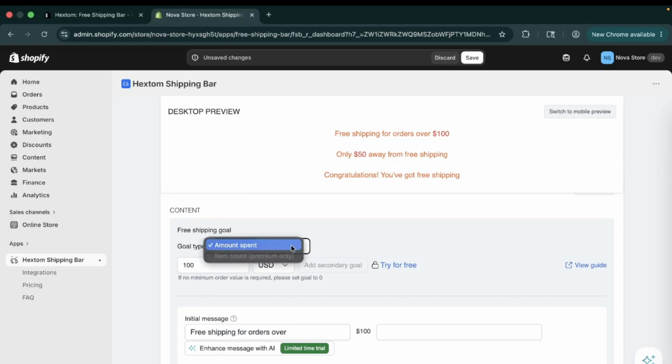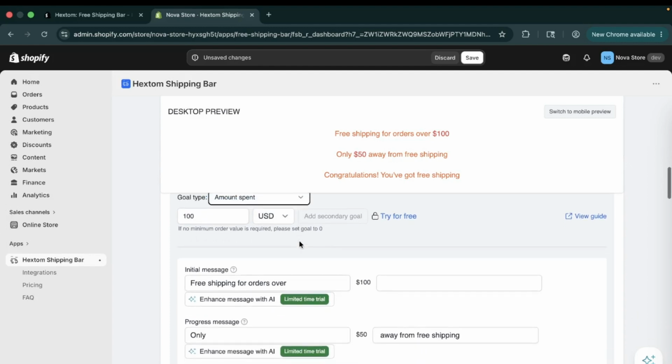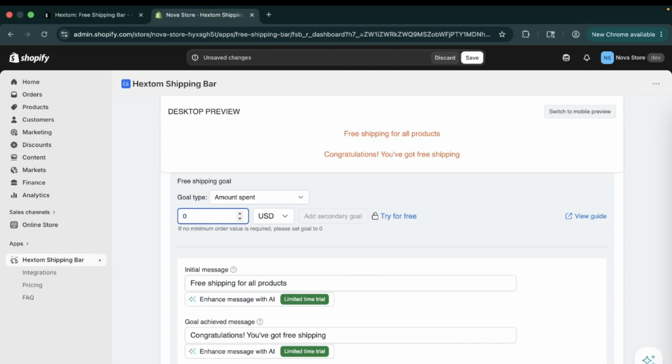For the amount, you can set it as a goal type. If you want to give free shipping for $100, you can set the goal type as 100. And if you want to set no minimum order value, because free shipping will be available for all the products, you can set the goal type as 0. And let's go with